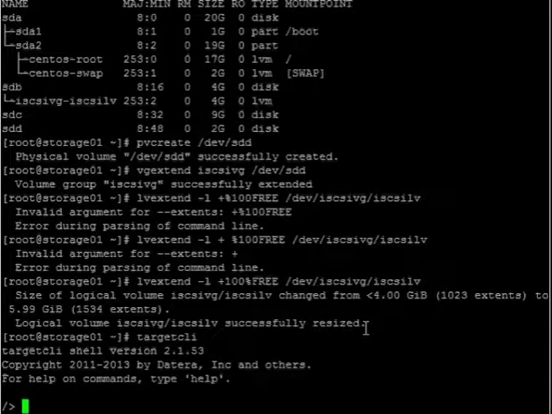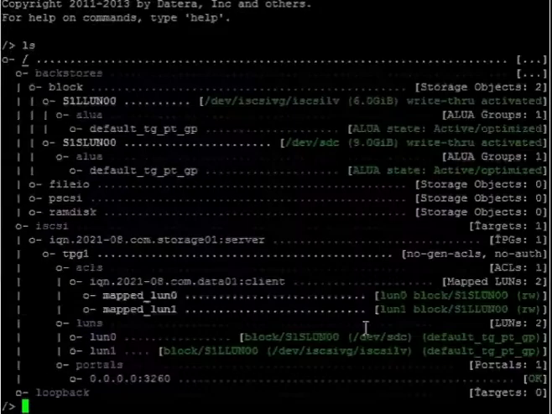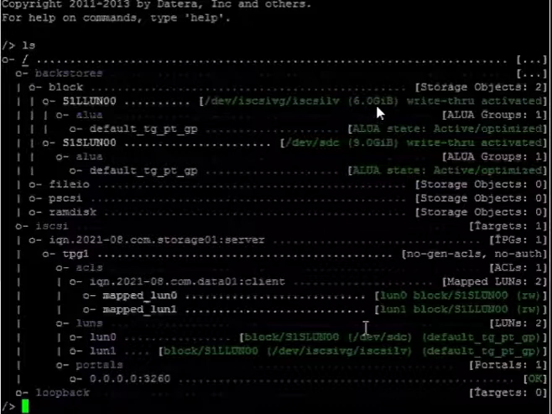Now let's log into the target CLI utility and check whether this disk is visible or not. Here you can see the disk size has changed from 4 to 6 GB. Since we have extended the LVM partition, we do not need to do anything on this target server. Everything will happen automatically.